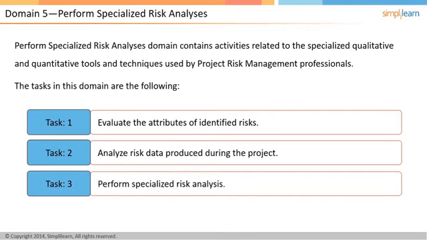The third and the last task is to perform specialized risk analysis using advanced tools and techniques to support stakeholder decision-making for the project. In the next screen, let us look at the knowledge and the skills required for these